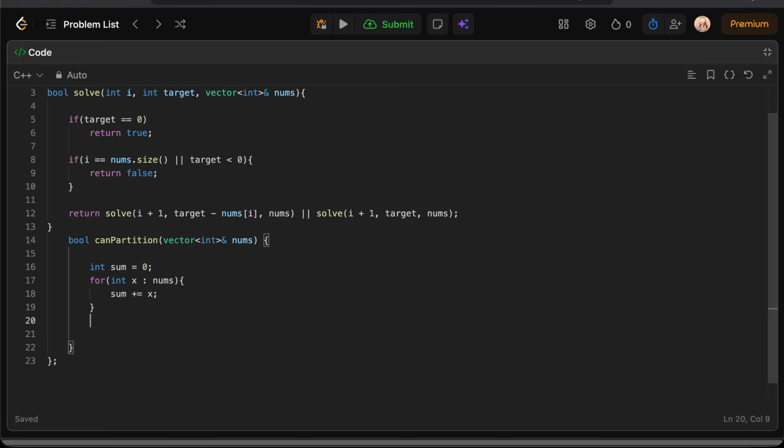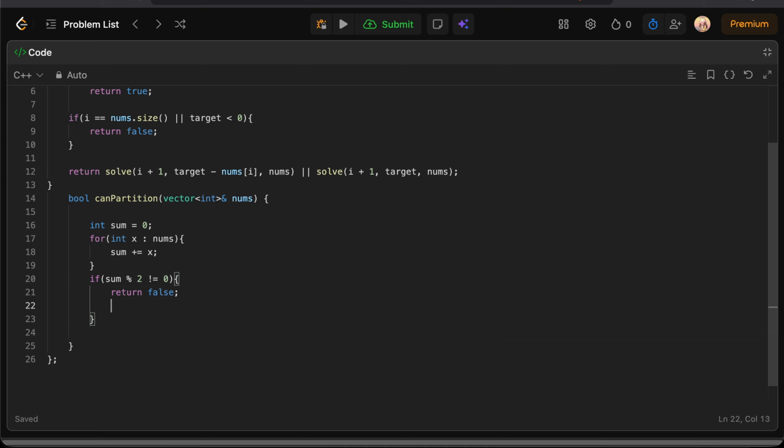If sum modulo 2 is not equal to 0, then return false. This is the odd case. Otherwise, return solve of 0, sum divided by 2, and nums.